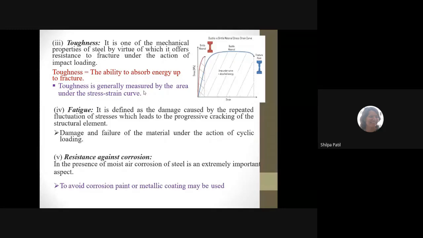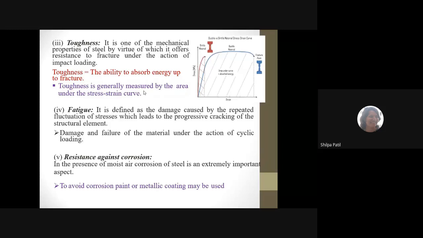So that large variation in the temperature develops a fluctuation of the stresses. Freezing-thawing action, whenever present in a specific location, causes the materials in that location to develop fatigue. This property is not there for concrete. Concrete normally does not develop fatigue as compared to steel. Steel is prone to develop fatigue. So whenever we design a steel, we have to consider in the design the effects of temperature variation depending upon the surrounding condition.